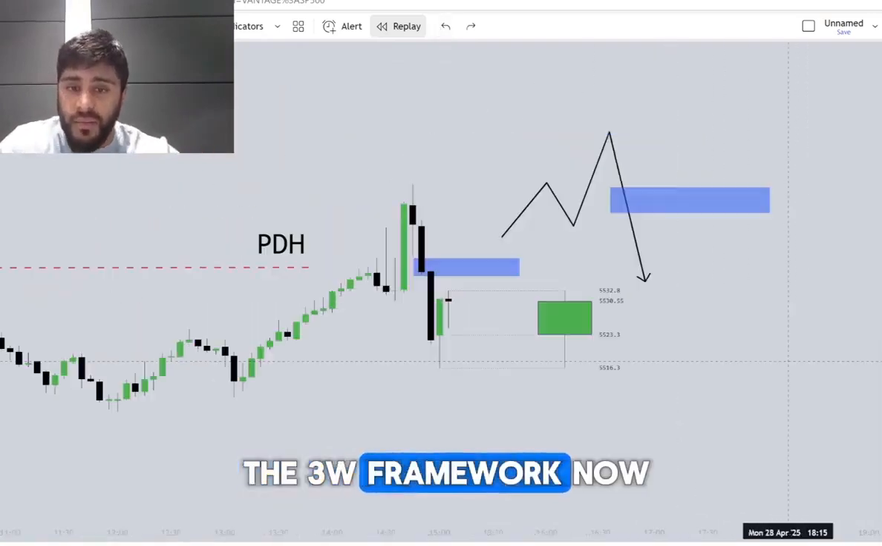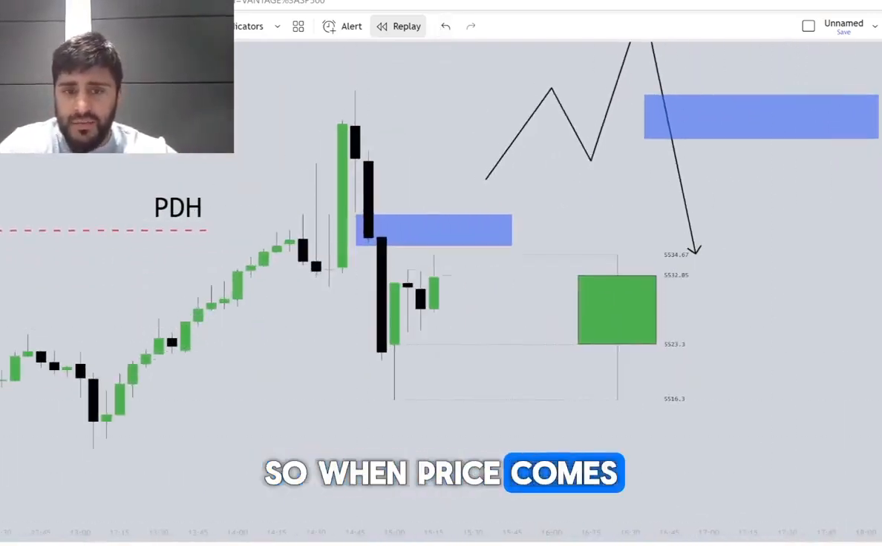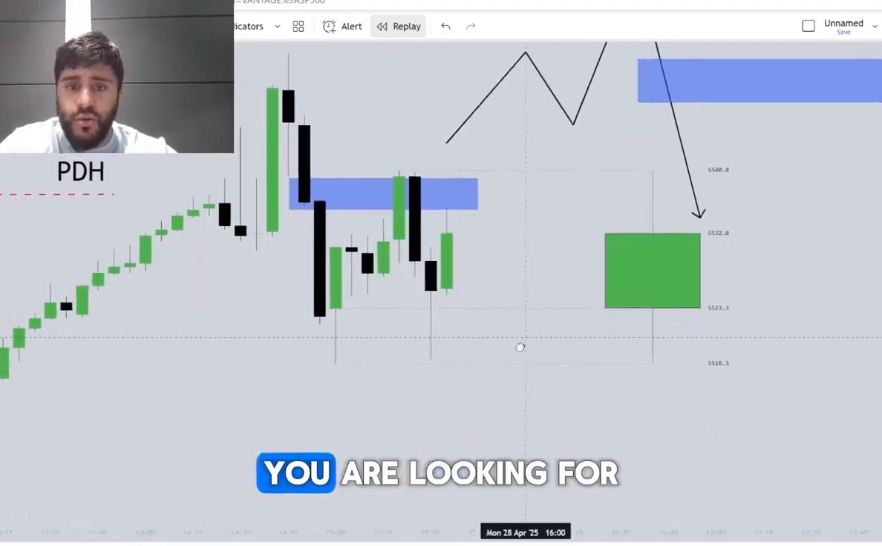The 3W framework. Now from here, what's going on in price? Let's zoom in. So when price comes into this fair value gap, what you are looking for is